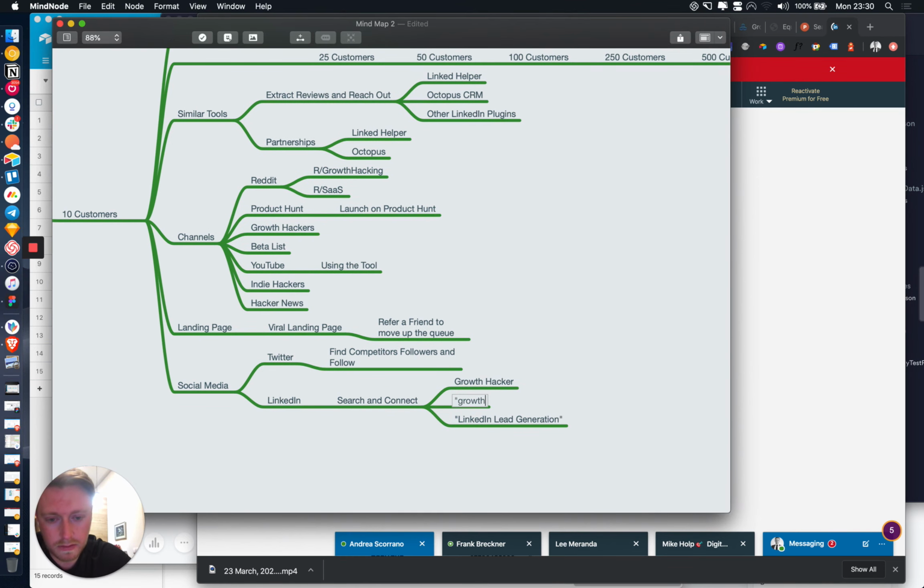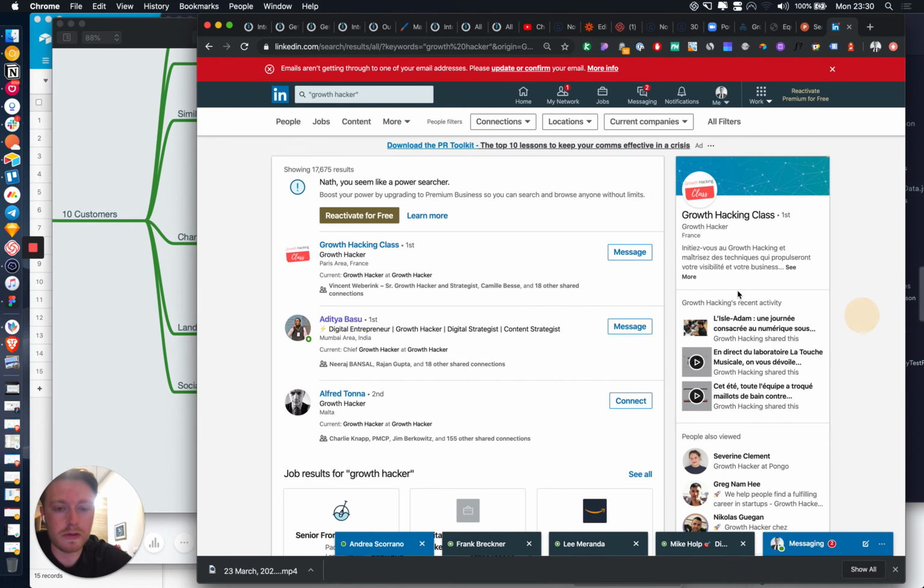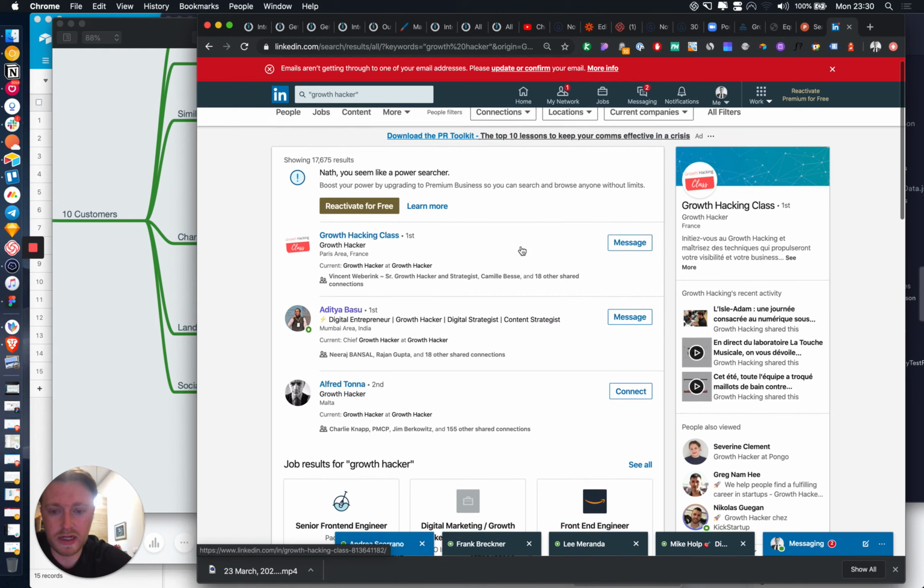We can do growth hacking, not growth hacker. So if anyone doesn't know, if you put a minus on a LinkedIn search, it will remove anyone with the keyword that you have the minus next to. So if we're doing one search for growth hacker and then we do growth hacking minus growth hacker, it means that the searches won't overlap at all. That's called a Boolean search, if anyone is interested.